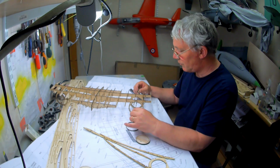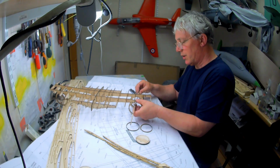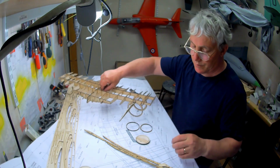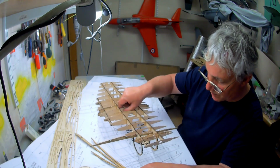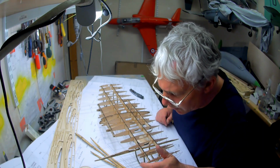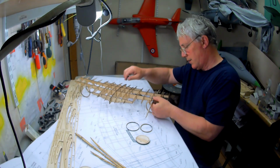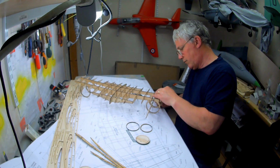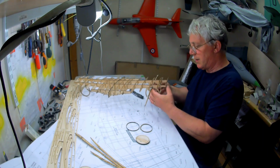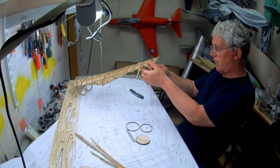Right. Let's have a little look at this and see if we can line it up and how it goes. Oh, I've got a feeling that goes there. Yeah, that looks right. See, these nacelles will have,